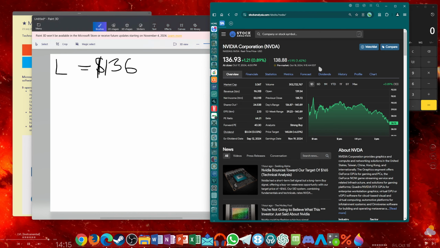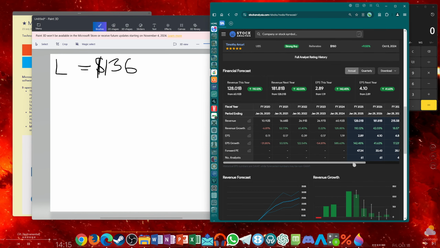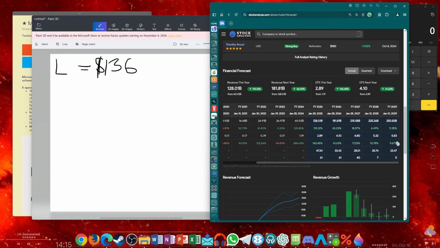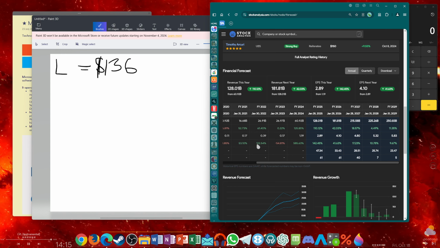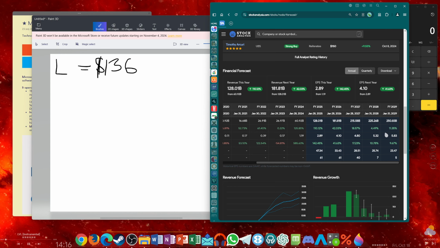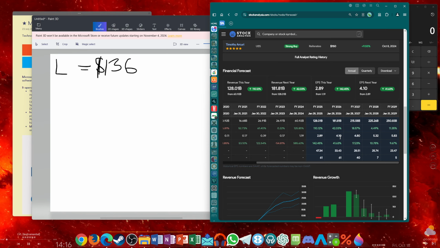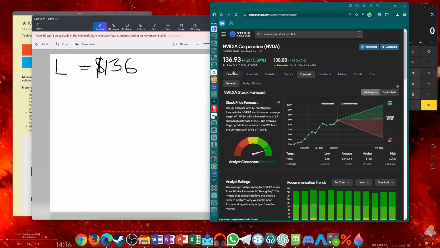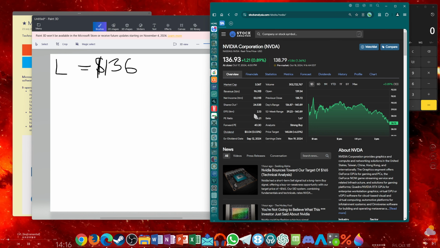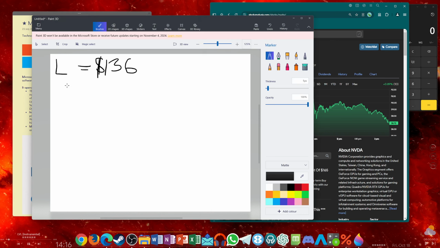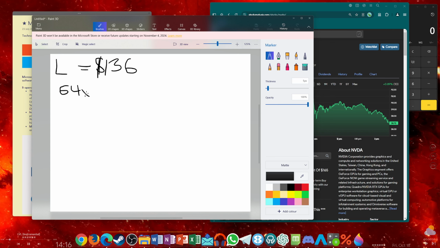Okay. Now what you do is you look at the forecast, and you can decide whichever fiscal year metric you want to get. Obviously I think the later metrics are a little bit far-fetched, so I usually do it 2 years from now. So if we look at 4.10, what we do is we take the current PE ratio, so assuming Nvidia trades at a multiple of 64, we times the 64x PE ratio